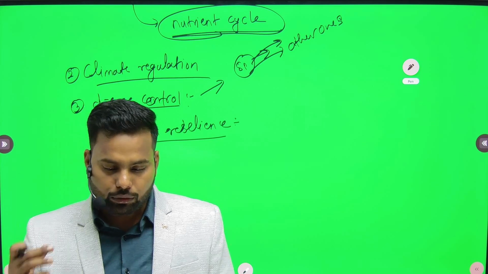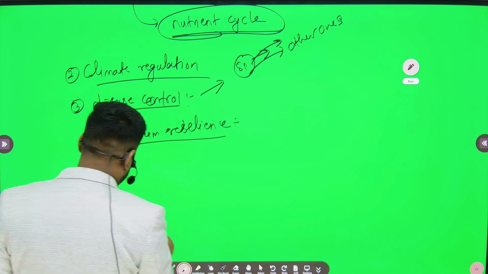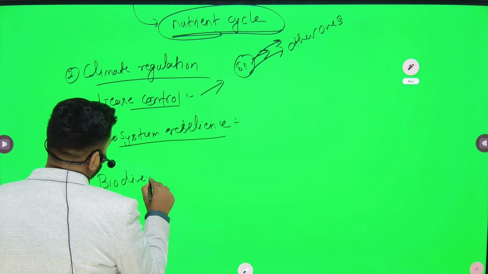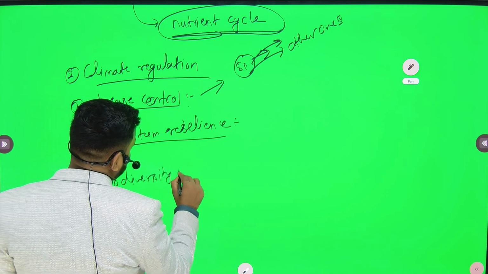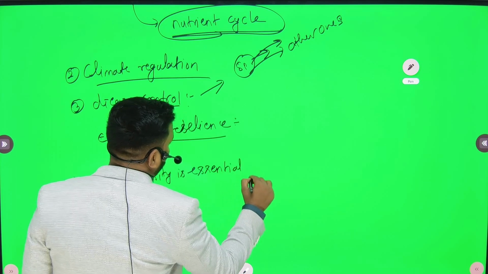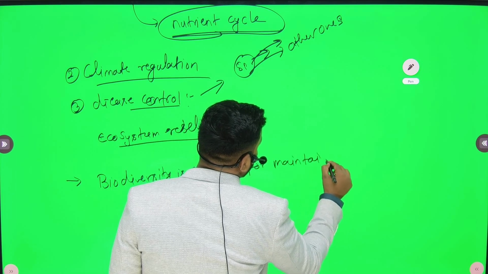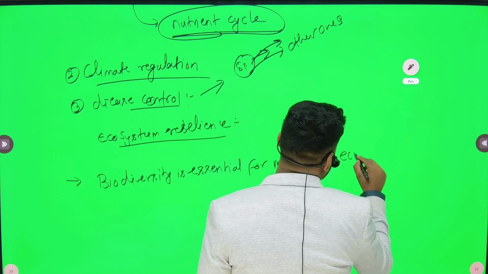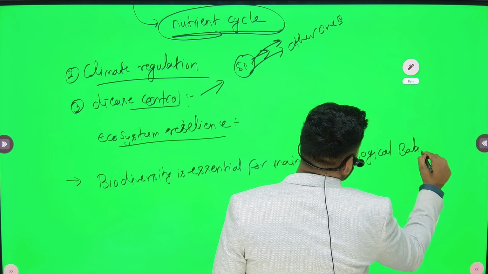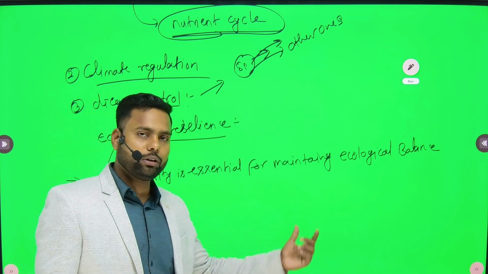Okay, conclusion क्या कर सकते हैं, तो biodiversity is essential for, conclusion में क्या लिख सकते हैं कि biodiversity is essential for maintaining ecological balance। तो क्या पता चला, बायोडाइवर्सिटी इज एसेंशियल फॉर मेंटेनिंग द इकोलॉजिकल बैलेंस